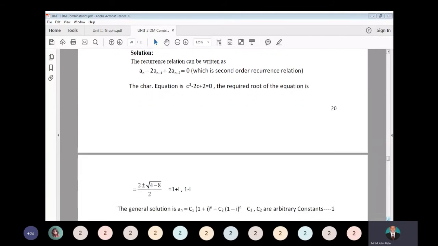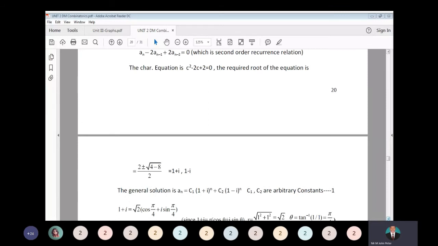This is in the form of a quadratic equation with c as the variable, so you have to find the roots using the formula (-b ± √(b^2 - 4ac)) / 2a, if the given one is ax^2 + bx + c = 0. Using that, you get (2 ± √-4) / 2. Simplifying the denominator, you get 1 ± i. That means 1 + i and 1 - i.